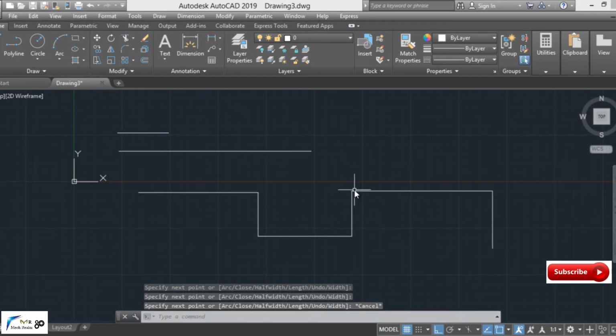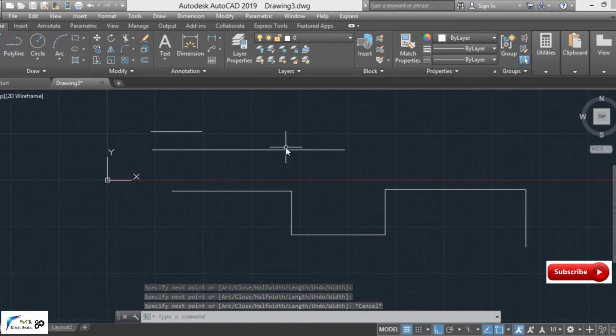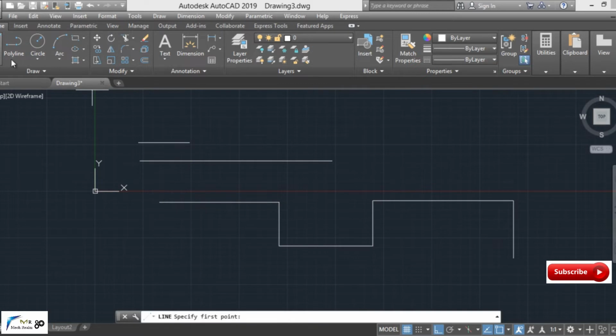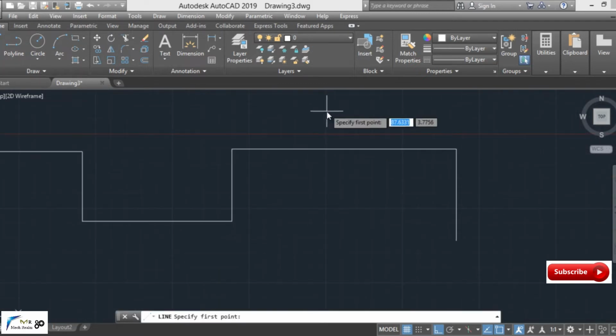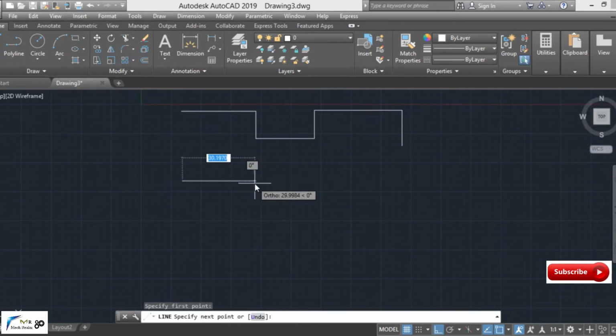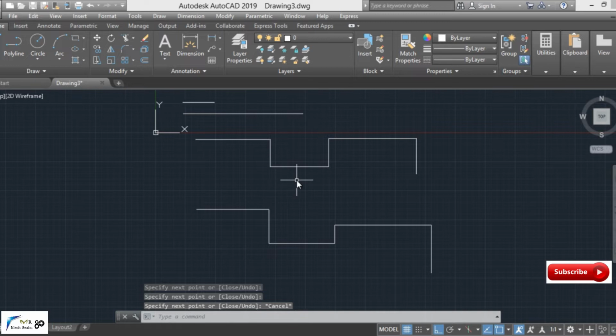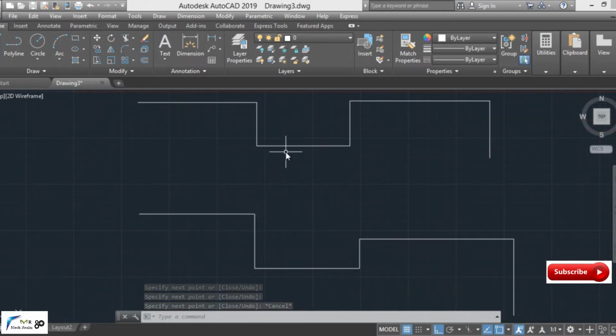Now let us find out the difference between a simple line and a polyline. Clear? If we select a line and create this type of shape, then the difference can be seen from it, as if we are selecting the first one, that is the polylined object, it is selected on a single click.